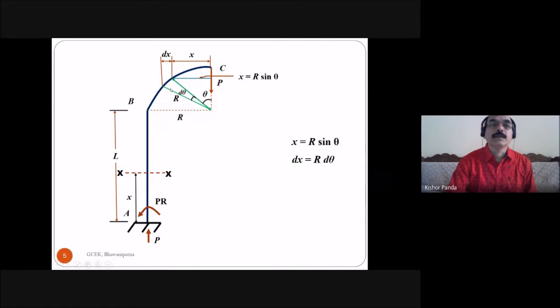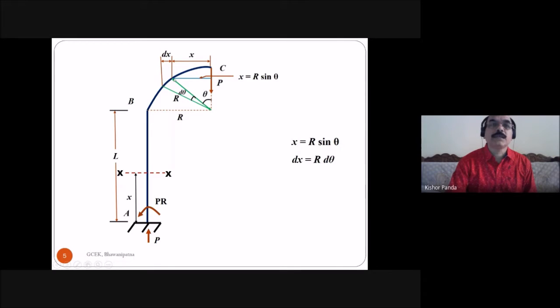So here in BC, this is the chord cantilever beam. Here you have to take theta as 0 here and theta as pi by 2 here. First we will take the portion BC and find the moment at a distance x from P at C. This is the section. You have to find the moment here. And you take the elemental distance dx along the chord beam. So here this arc length is equal to r into d theta.